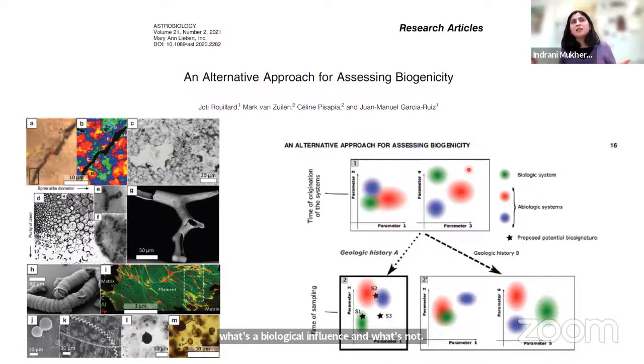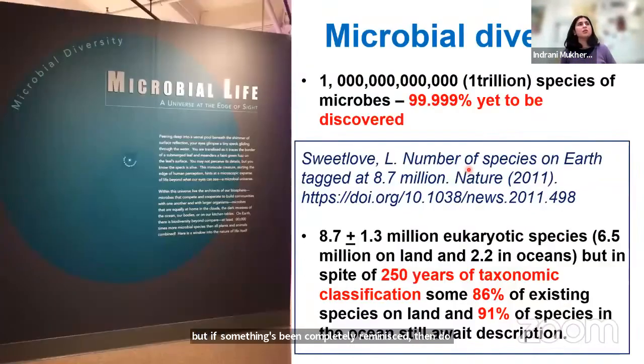So we're going to have sample return from Mars in about 10 years' time. Our biggest asset, I'd say, would be our understanding of the various styles of preservation that we have on Earth. If it's a fossil, then obviously it's a no-brainer. But if something's been completely remineralized, do they still preserve some evidence that it was once a biological organism? And I think this is my last slide. Yes, this is my last slide.